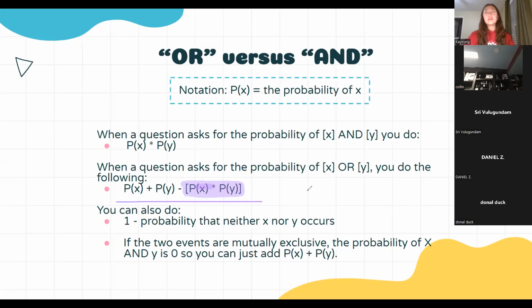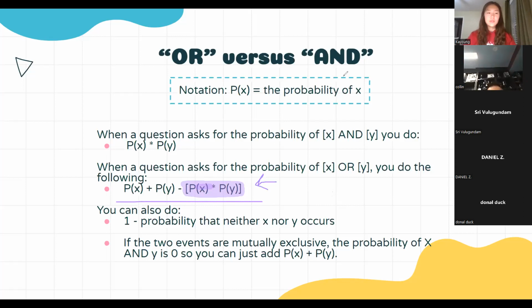If I had, I don't know, 3 blue pens and 7 shiny pens, and some of my pens are blue and shiny, okay? I need to subtract those because I counted them twice, by counting them in the blue pen category and the shiny pen category. So you're just getting rid of the overcounting. But sometimes when the two events are mutually exclusive, which means they don't affect each other, then you just add. So think of it as normally adding unless there's overcounting. We'll see it in action.